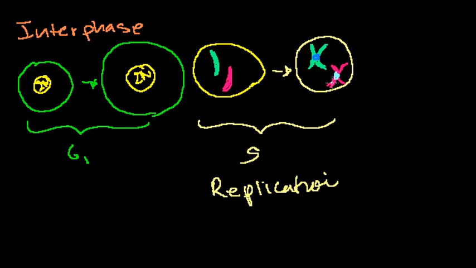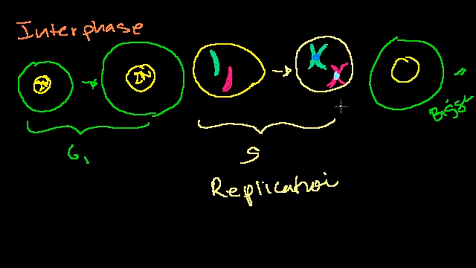And then the cell will just continue to grow more. Let me focus on the cell again. The cell was already big, and it gets bigger, and that's during the G2 phase. So it's just growing more. Now, there's another little part of the cell that we haven't talked about yet, but I'll talk about it a little bit. It's not super duper important, but it's these centrosomes, and these are going to be very important later on when the cell is actually dividing. And those also duplicate. So let's say I have a little centrosome here.